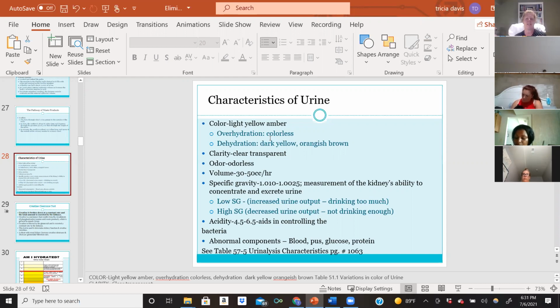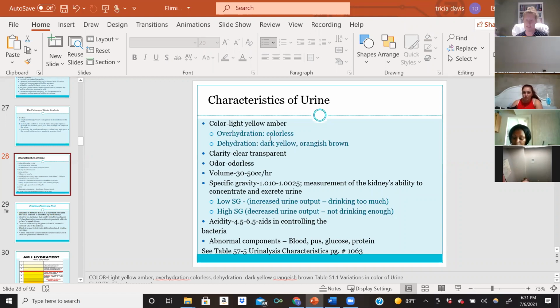When we talk about specific gravity, it is the measurement of our kidneys' ability to concentrate and excrete urine. If our patients have what we call a low specific gravity, it means that they are having an increased urine output. They're peeing way too much, probably because they're drinking too much. So their specific gravity is going to be low. They're not able to concentrate